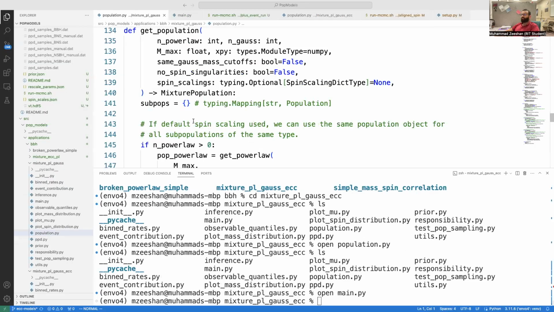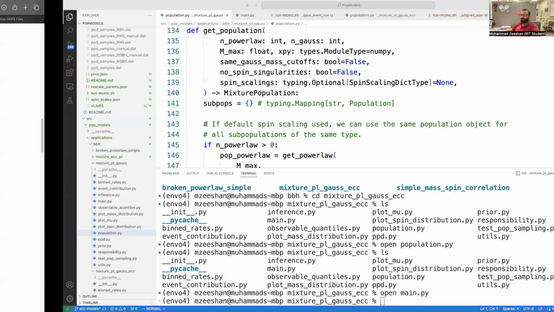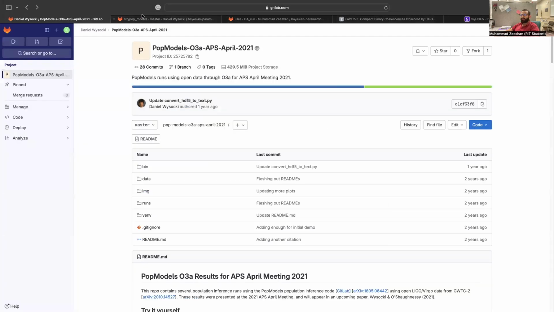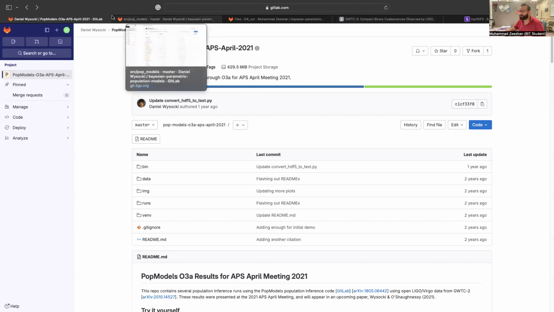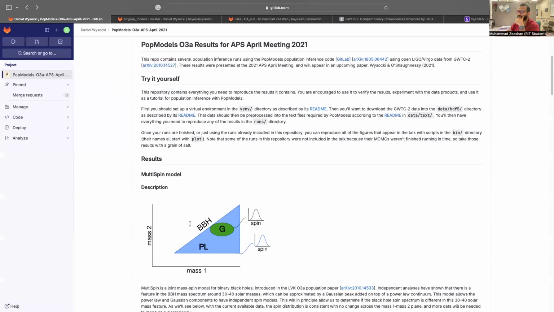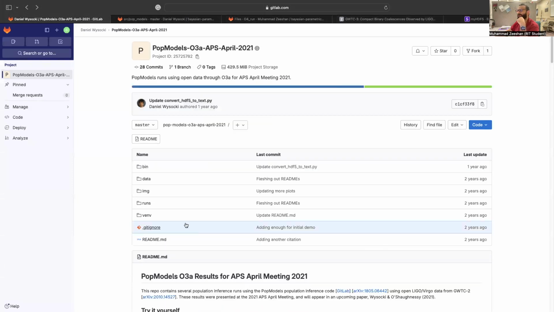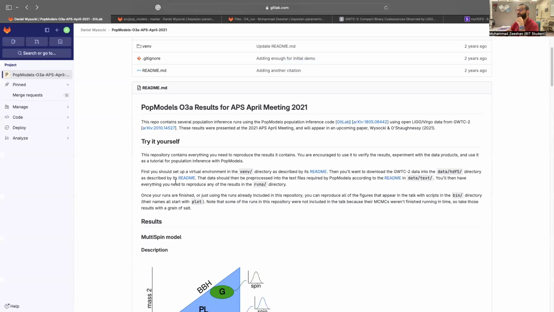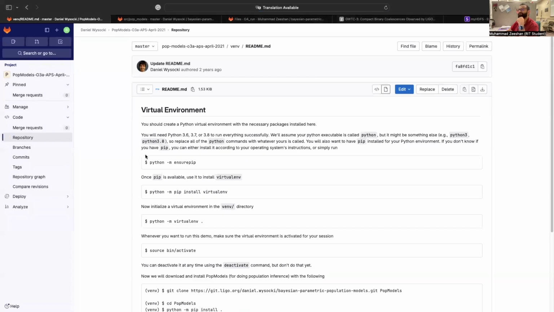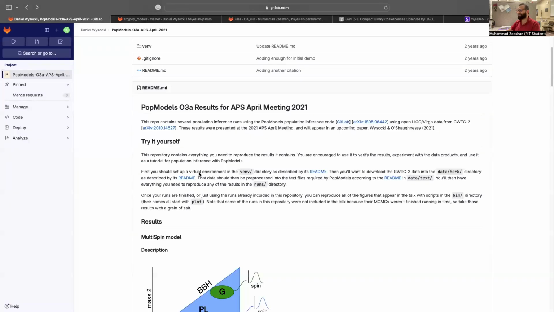Okay, so we have the code here. First of all, you need these two repos. Very first, if you go to this repo, I will give you the link at the end of the slide. This repo has a very good tutorial. It has written everything over here, so if you just follow the instructions in that readme file, the first step is